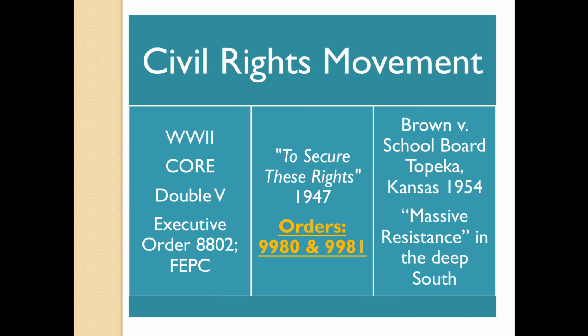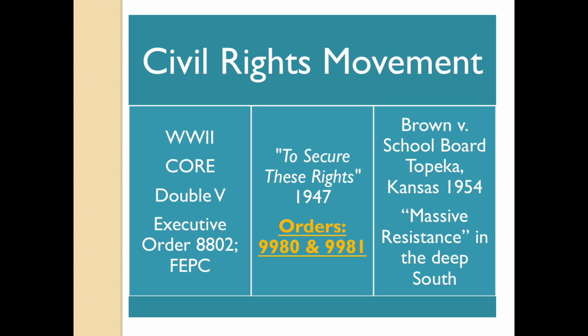The civil rights movement perhaps gets its biggest boost during World War II. You are going to war against the fascists and the Nazis, and you realize just how terrible they are, especially as more and more information comes out about Nuremberg laws and how the Germans were treating Jewish people in Germany and throughout Europe. Well, the idea, well, you have to stop that horrible situation. Well, Black America believed the same thing, but they also felt like, well, but what's going on here with Jim Crow laws? So you have two organizations developed, CORE, the Congress of Racial Equality, and Double V, which meant victory in Europe over fascism and victory at home over Jim Crow.